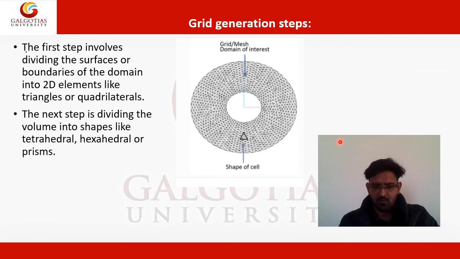To elaborate more on the definition of a grid, you can see the figure. In this case, the domain of our interest, in which we want to solve the governing equation, is the region between the two concentric circles. So this is the region in which we are interested to study the fluid phenomena, and this is the inner circle, this one is the outer circle. And here we have meshed our elements. So here we can mesh the elements in any different variation of elements because our region of interest is this, right?